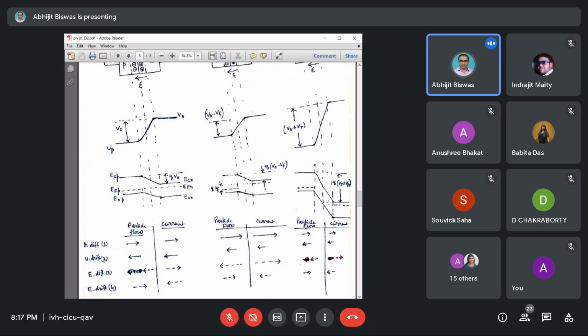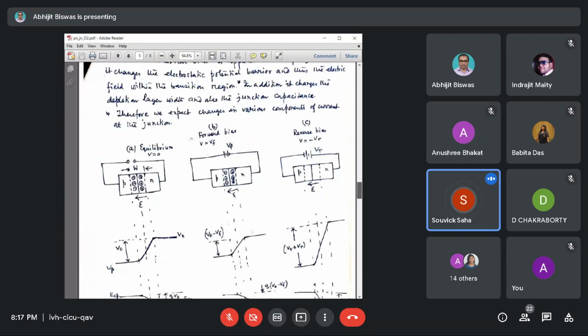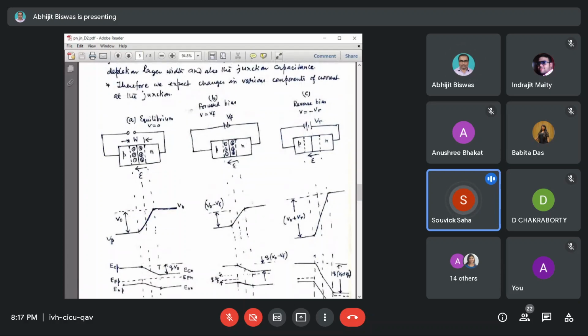তাহলে পরেরটা বলো তো তুমি, রিভার্স বায়াস কন্ডিশন। স্যার রিভার্স বায়াস কন্ডিশনে যেহেতু রিভার্স বায়াস করছে, নেগেটিভ পোটেনশিয়াল পড়ছে পজিটিভ দিকে, তো বেরিয়ার উইথ তো অনেক বেড়ে যাবে। এবার বেরিয়ার উইথ তো বাড়বে, হাইটও বাড়বে। হ্যাঁ হ্যাঁ, বেরিয়ার হাইটটা বাড়বে, তো ক্যারিয়ারের ফ্লো করতে প্রবলেম হবে, সেই জন্য কোন ক্যারিয়ারের কোন মেকানিজমে বলো, ওরকম বললে হবে না, পরিষ্কার করে বলো কার অসুবিধা হবে এবং কোন মেকানিজমে ফ্লো করতে অসুবিধা হবে। স্যার ওই ক্যারিয়ার হাইটটা বেড়ে যাওয়ার জন্য